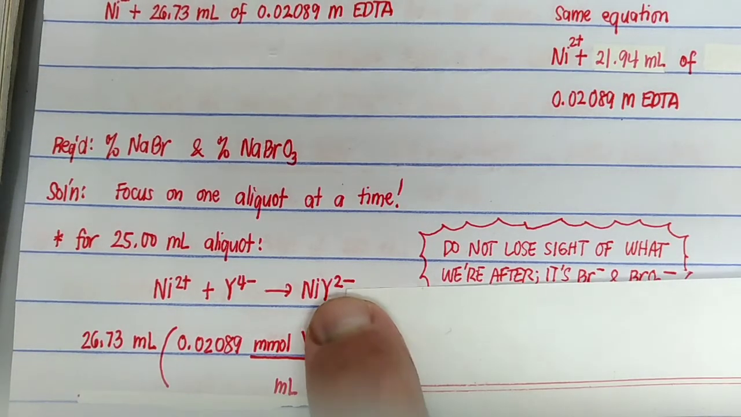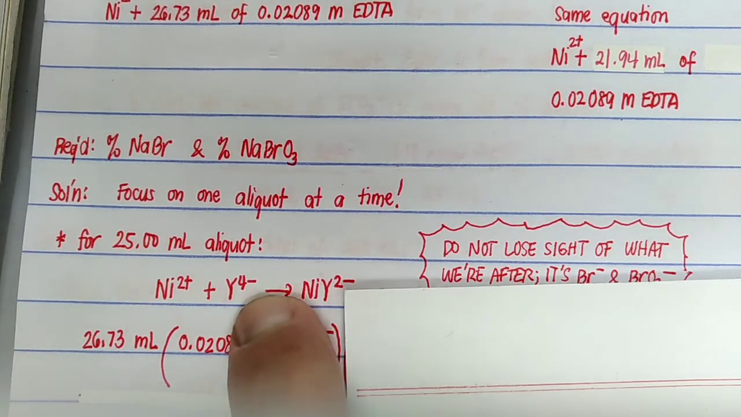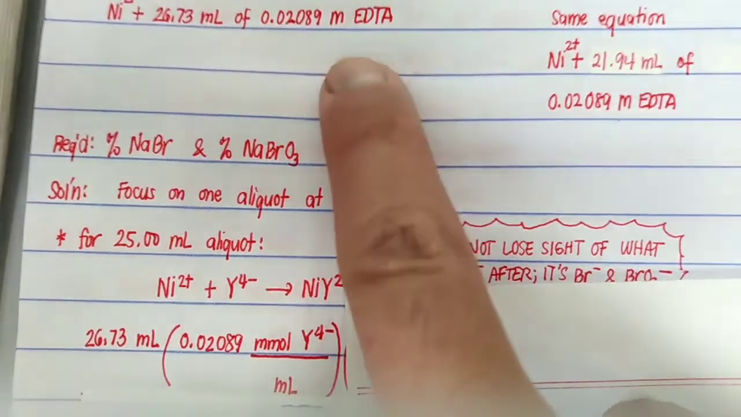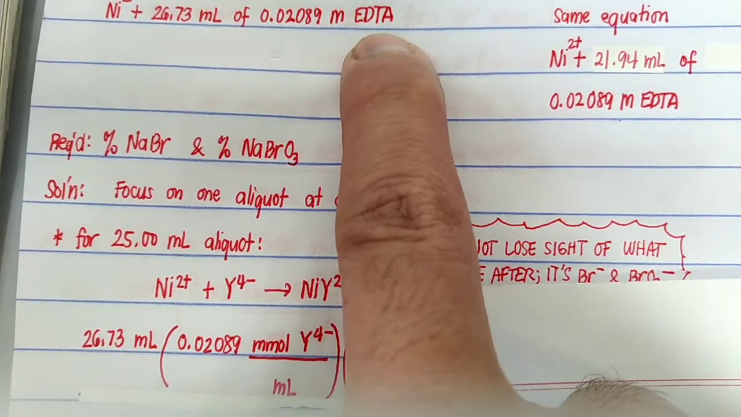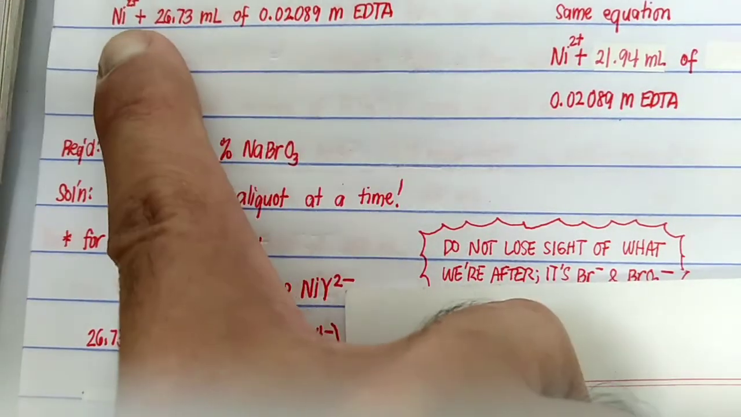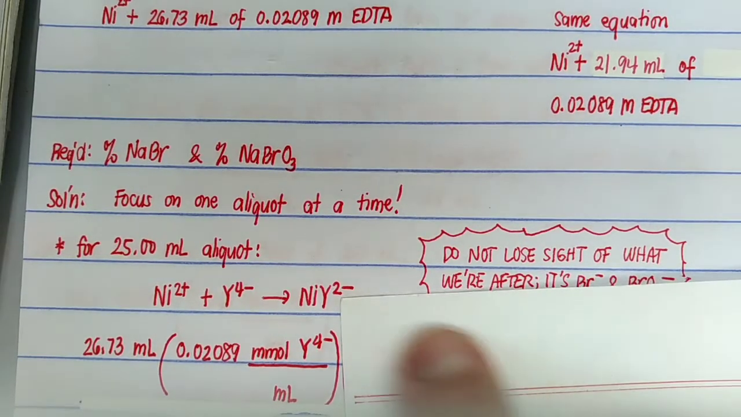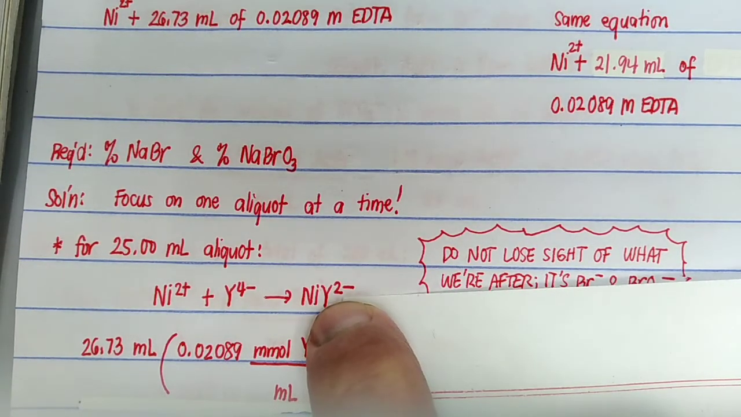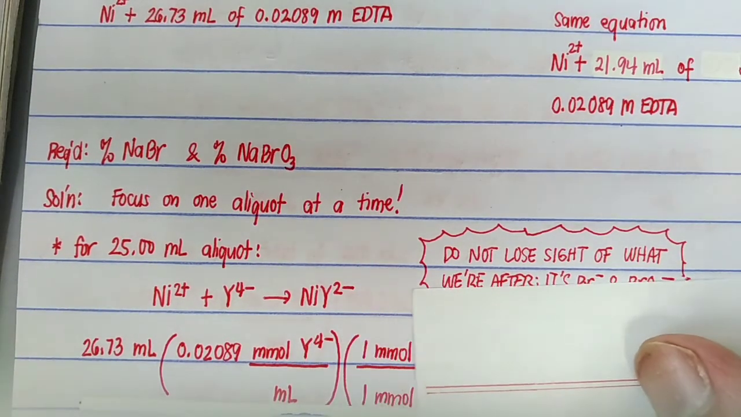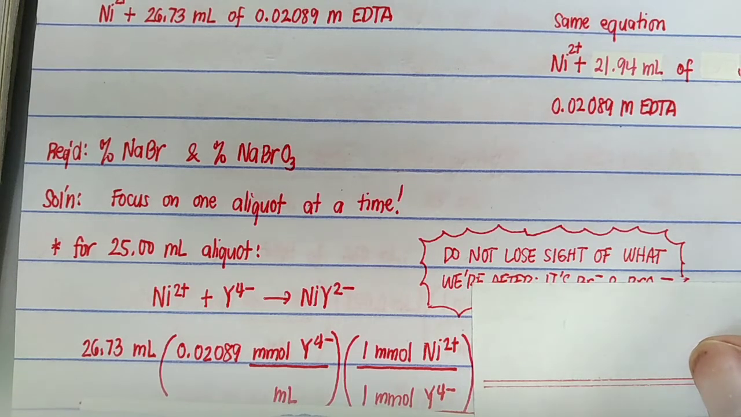And then, if you refer to this equation over here, the EDTA that we used in this particular aliquot was used to titrate the nickel. So referring to the equation over here at the top, we're now able to write this particular